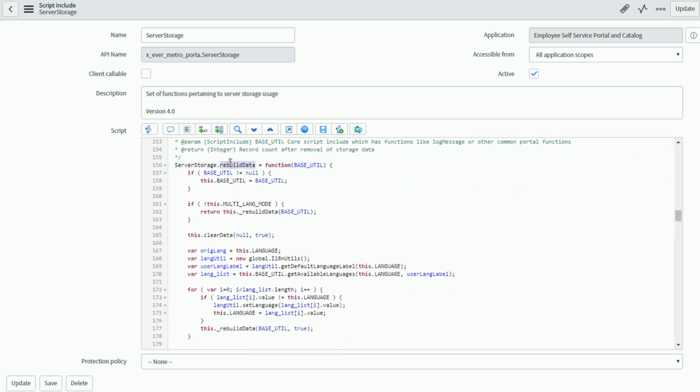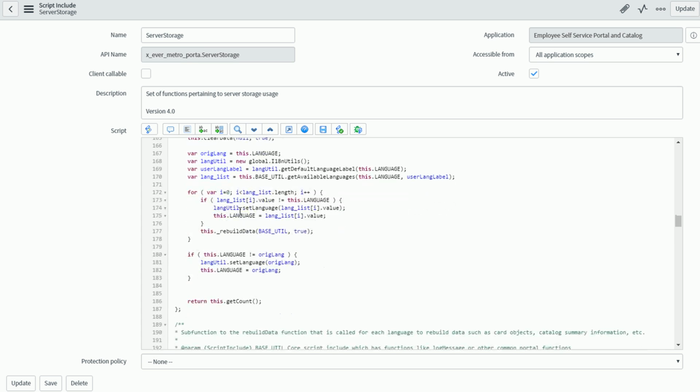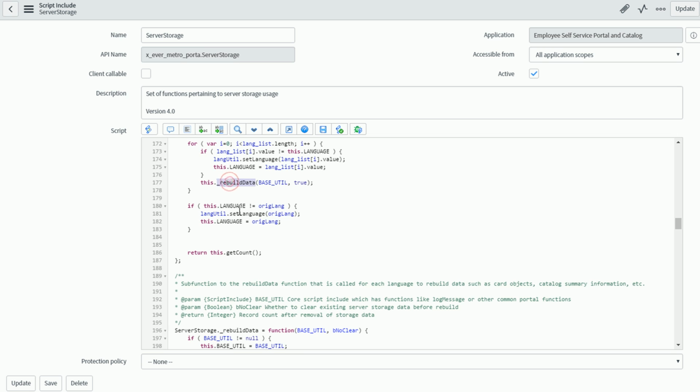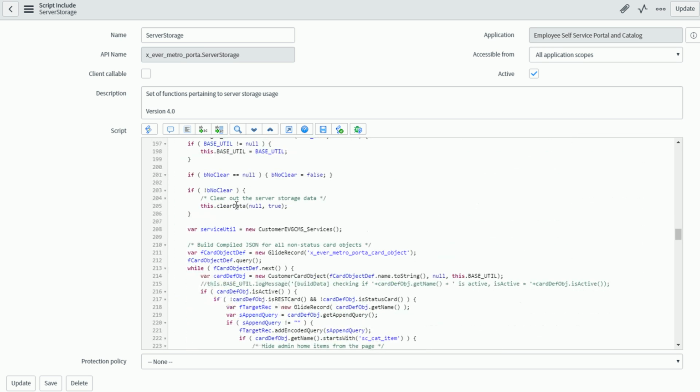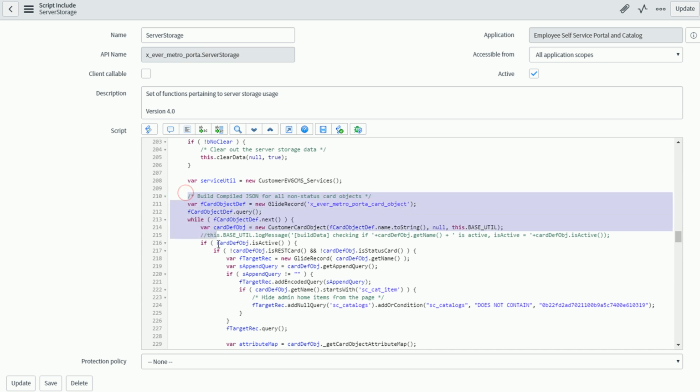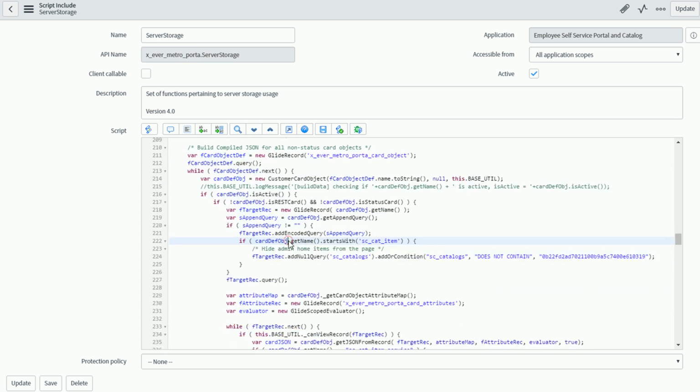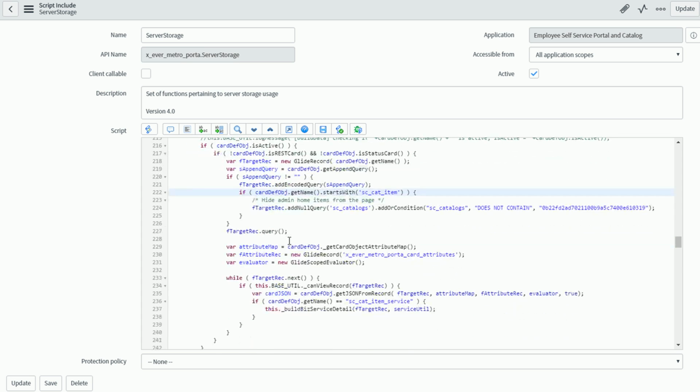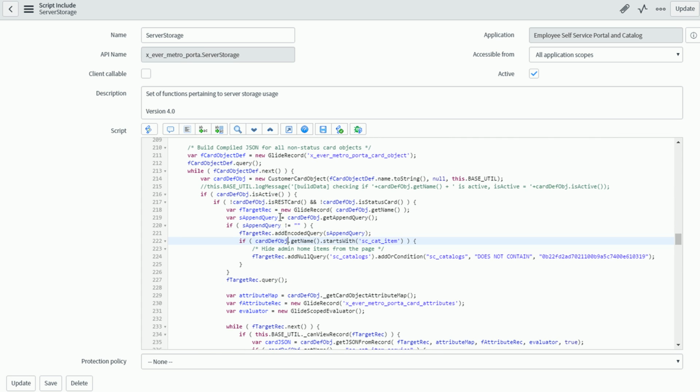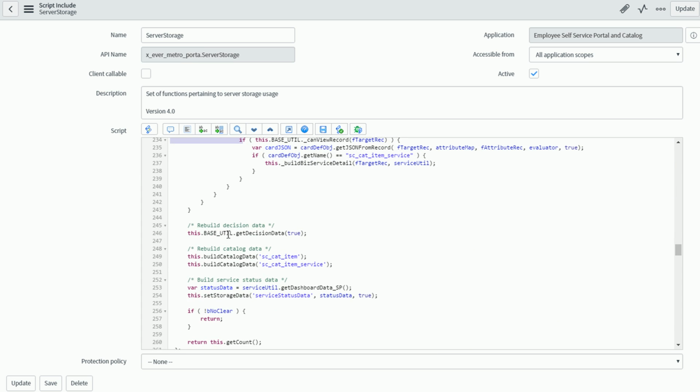And then there's the main function here which does a rebuild data, which basically clears the background data, goes through each of the languages and does a rebuild for each of those languages. And some of the things that it's doing in the rebuild, this is the main thing I wanted to show here, is it's going through all the defined card object types, not the REST ones, but the knowledge articles, catalog items, etc., and basically rebuilding all the card objects for each of those different types. It's going through and building the decision tree data, which comes from this decision tree decision branches, the catalog records and their data,